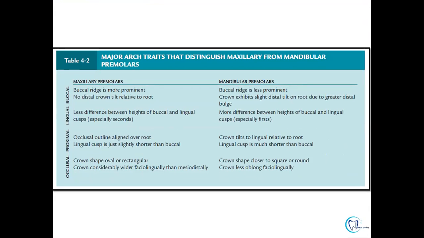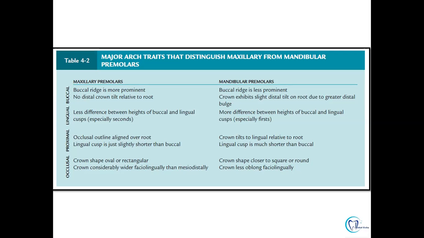When we see the difference in the height of the buccal and the lingual cusp, there is very little difference, whereas in mandibular premolars there is a huge difference, especially in the mandibular first premolar, as we have seen that the lingual cusp was a very small cusp resembling a cingulum. When we see the proximal outlines, the occlusal outline is aligned over the root,